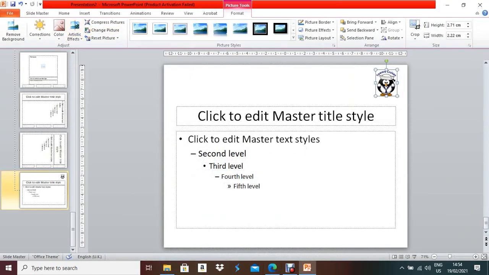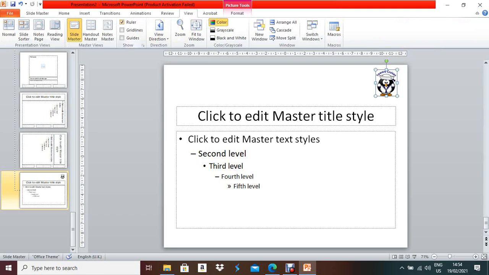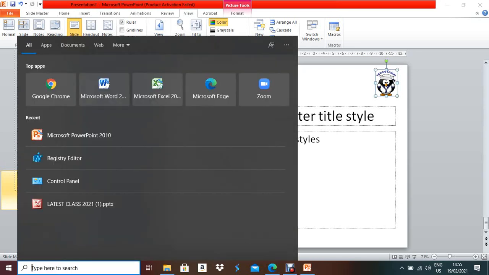Now see, on some students' computers you will see that your ruler is not visible. For that you have to go to View and click Ruler. Even some rulers are represented in inches, but mine, see, is represented in centimeters. So how to change inch to centimeter or centimeter to inch? Mine is already centimeter, so no need to change, but I'm showing you for your benefit. Maybe yours is inch, so in that case you can change it to centimeter. So how to do that?